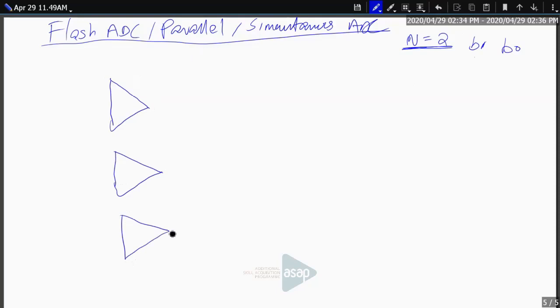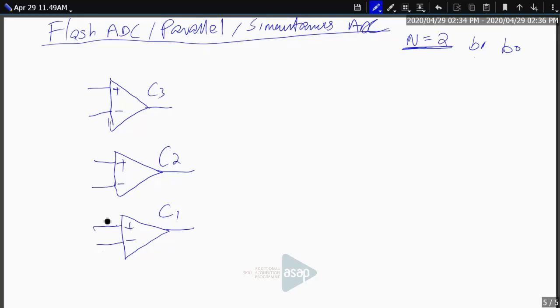For that, I am using the same simple example. I am assuming that I am going for a 2-bit ADC. That is, my output will be V0, V1 only. That means only 4 levels. For that, the flash ADC basically has a resistive network, a comparator network, and an encoder network. This is the block diagram of a flash ADC. Now we will try to draw a possible arrangement and see how exactly the flash ADC functions.